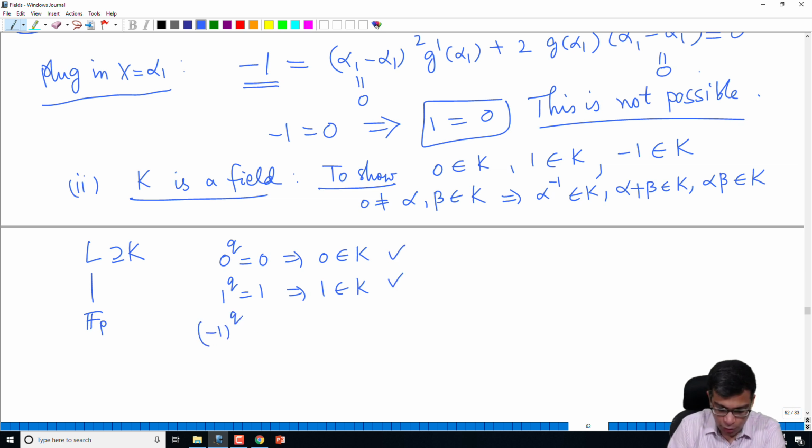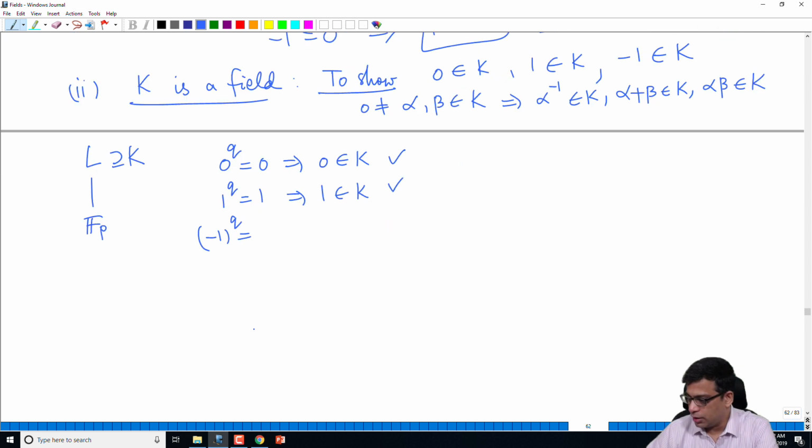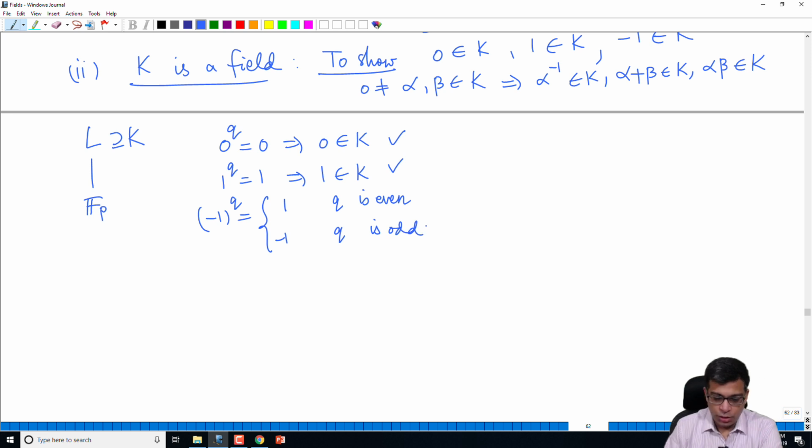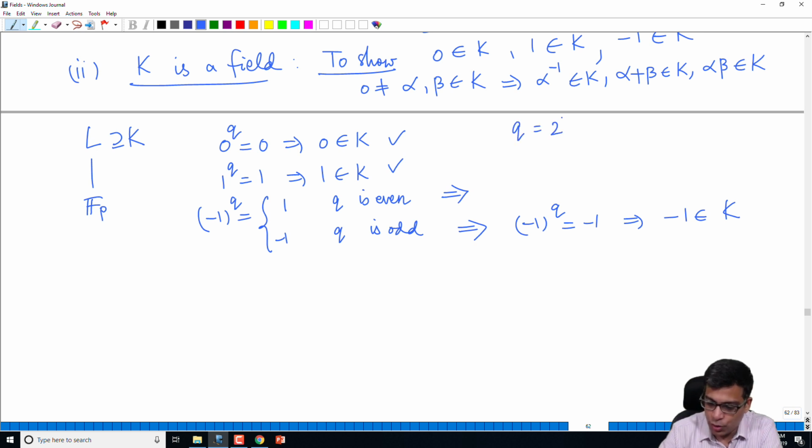Similarly, minus 1 power q is either minus 1, so there are two possibilities, right? It is 1 if q is even, minus 1 if q is odd. In the odd case, of course, we are done because minus 1 power q is minus 1 and hence minus 1 is in k. But if q is even, also we are done because q is of the form 2 power r, right? The only even numbers which are powers of primes are powers of 2, in which case minus 1 is 1